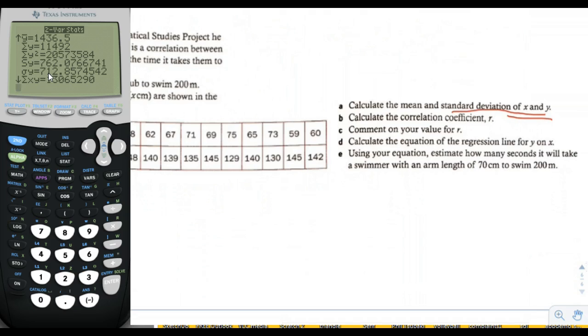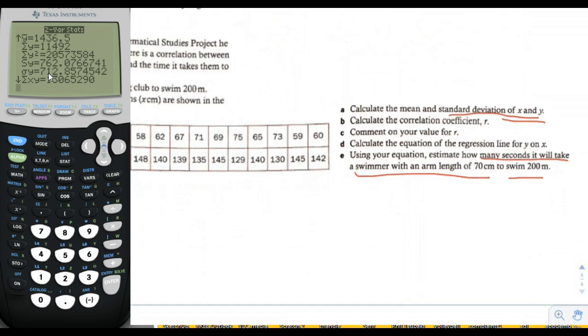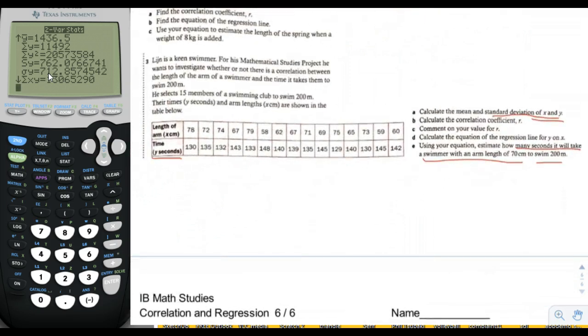And if you go a little bit farther down, it asks to estimate how many seconds it will take for a swimmer with arm length 70 to swim 200 meters. And look at the y value. The y value isn't